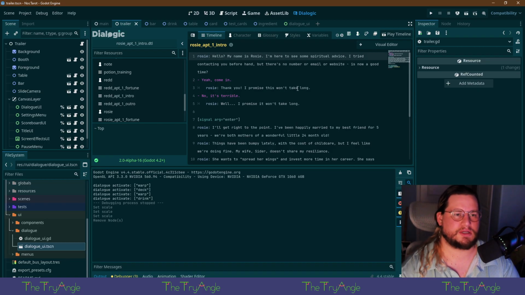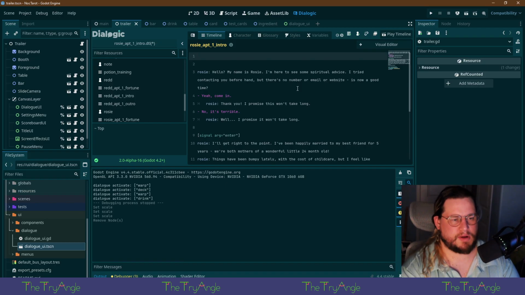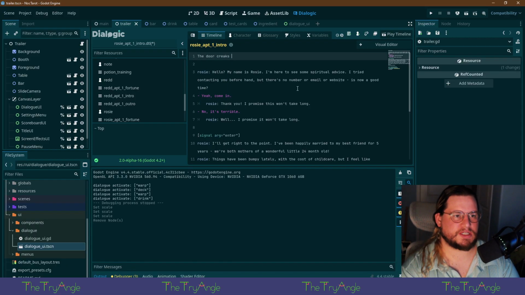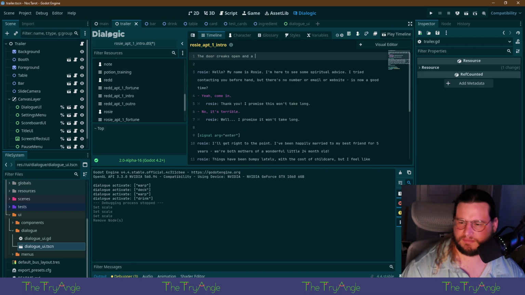Maybe this would just be good as one thing. You know, actually, I should probably... door creaks open and a kind of moth is Rosie again. She's a specific kind of species.